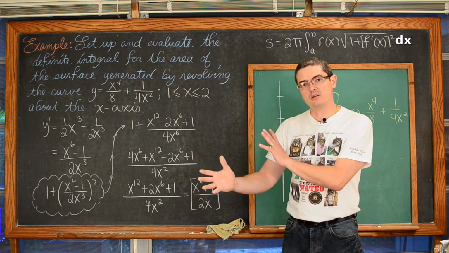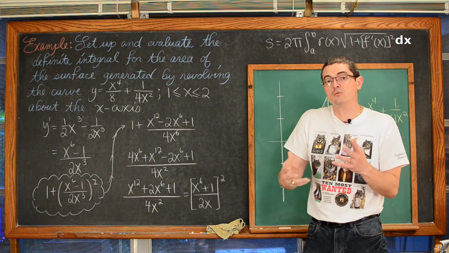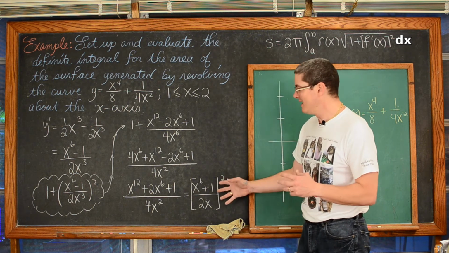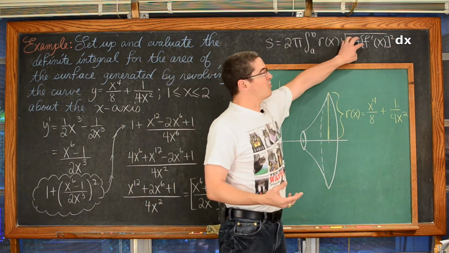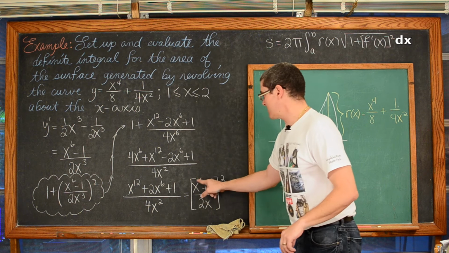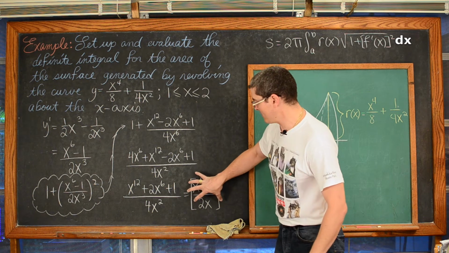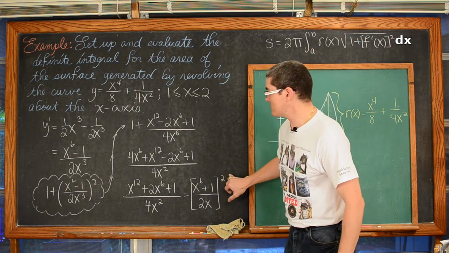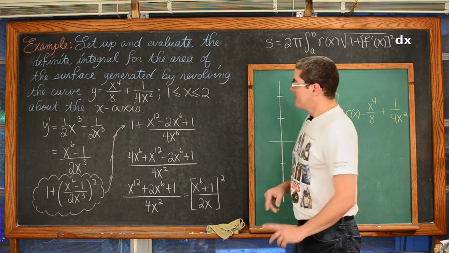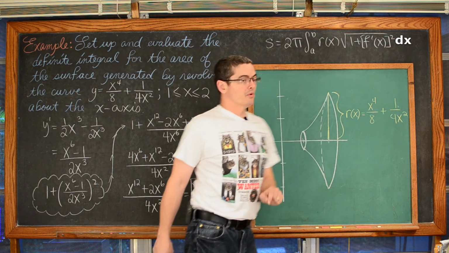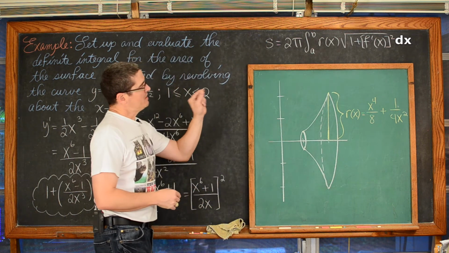Now, like I said when we talked about arc length, we have only been using our basic integration skills. We haven't learned any advanced techniques yet. So these need to be set up in such a way, unless you're going to use your calculator to finish the problem, to work out nicely. So this factors to a nice x to the 6th plus 1 over 2x cubed, squared. Now remember this one fraction squared is our 1 plus f prime of x squared. That means it is going to go right there inside the square root. And you can see that the square around this entire fraction in the square root is going to handle very, very nicely. And we need an expression for the radius.